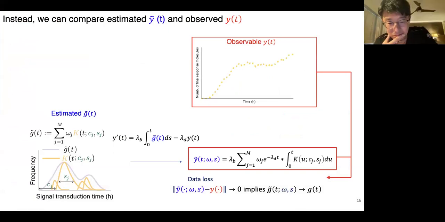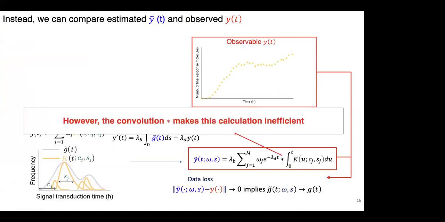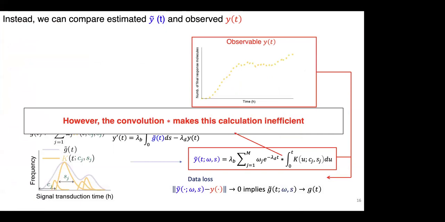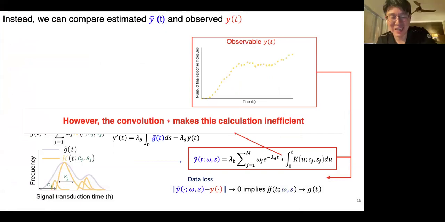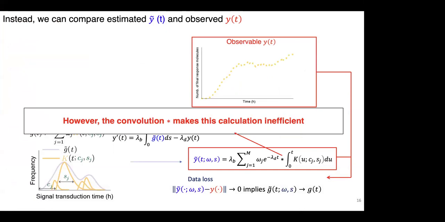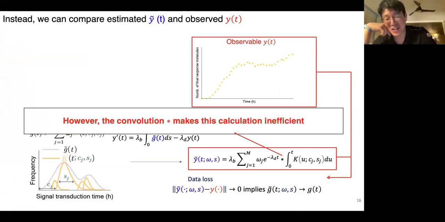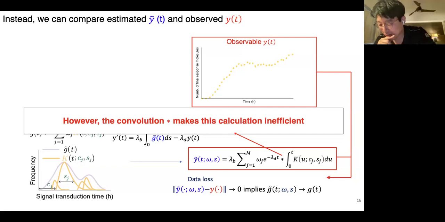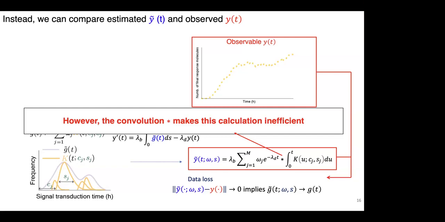My question is, just out of curiosity, because you have the observation of y, theoretically you can calculate the derivative of y, basically y prime, and you can know the integral of g tilde. So I'm just curious, if you do some deconvolution method for g tilde, does that work? Oh, actually, we haven't thought about it, but that might be a good idea. Oh, I see. Just rather than y of t, use the y derivative of t. Yeah, right, just substitute your observation. I see. So that becomes the integral of g tilde equal to something, right?